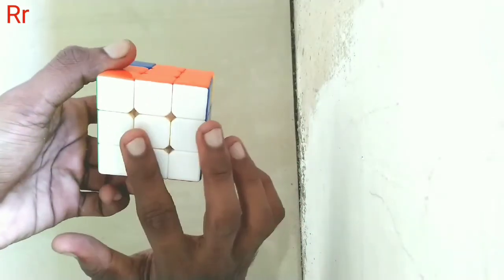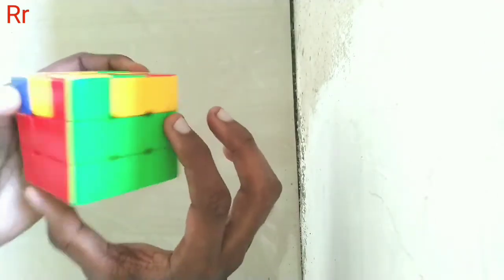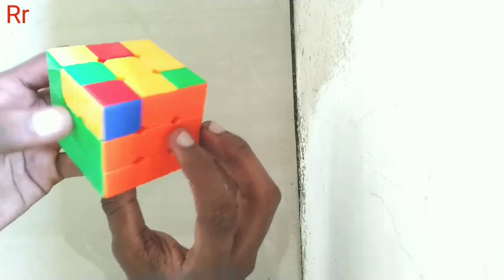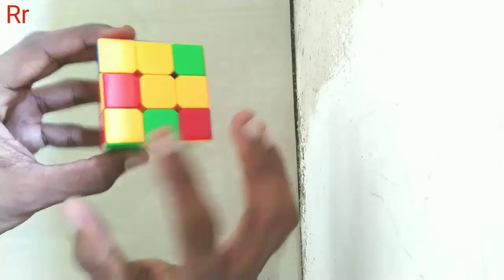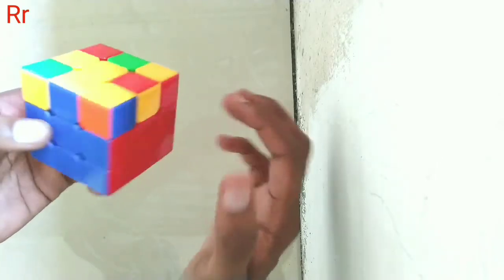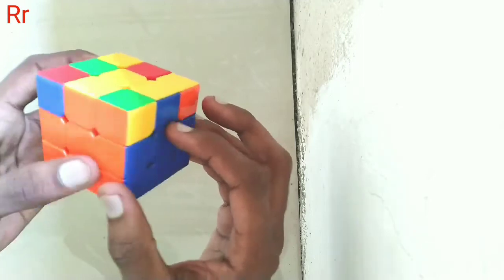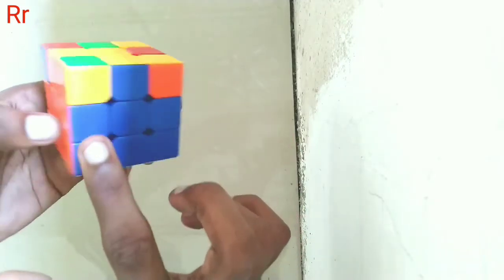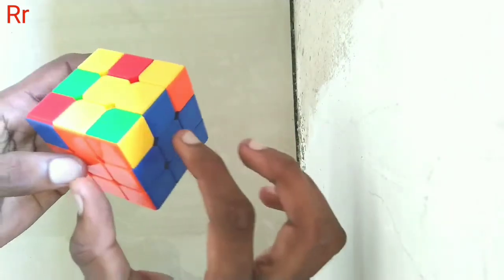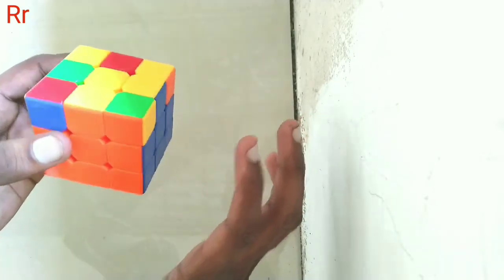So once you have done this much, you will get something like this. You will get your cube something like this with first and second layer solved. Now it's time to solve the top layer, which is a somewhat difficult part as compared to the bottom layers. So what we have to get is, we have to get the centers like this,